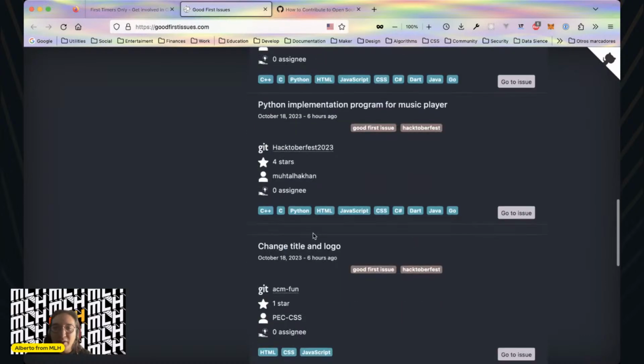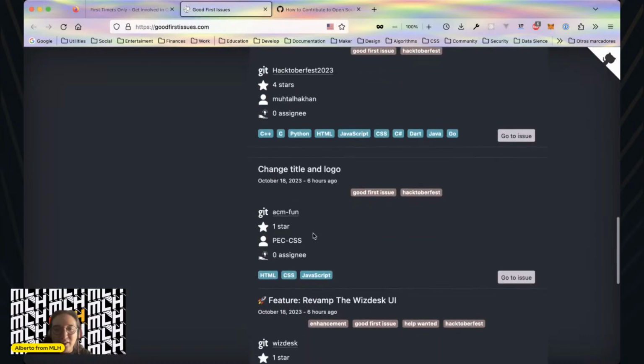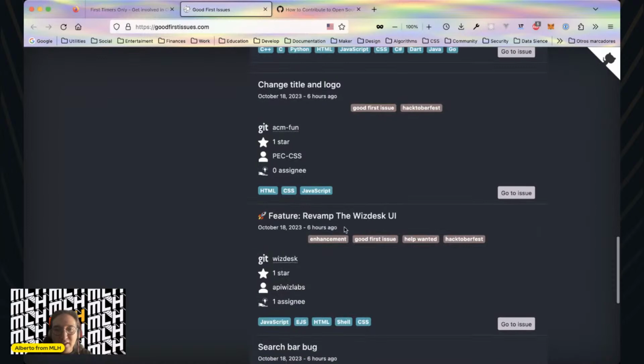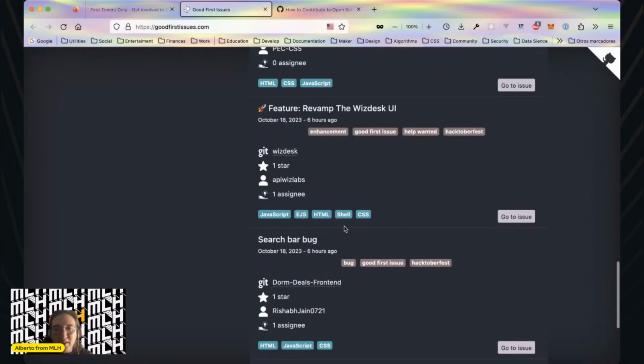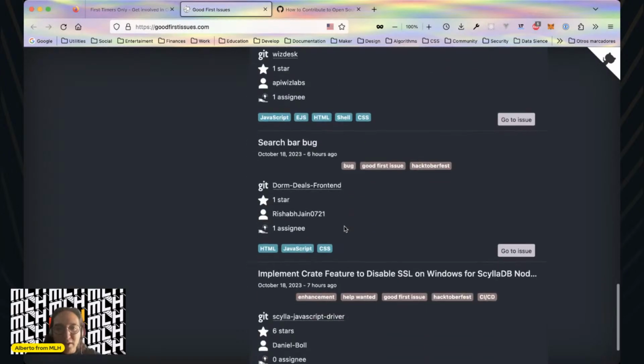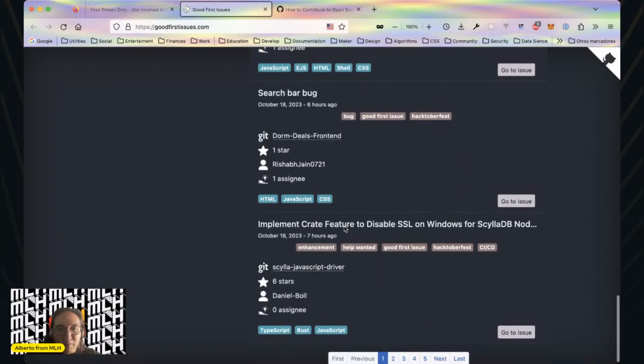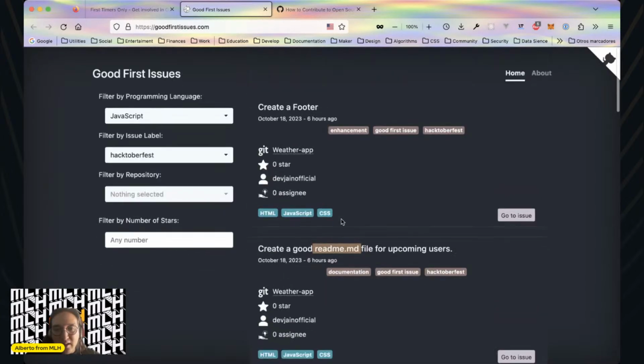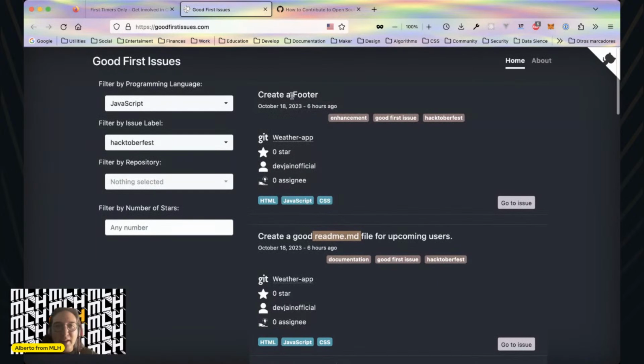Okay, change title and logo, revamp, search, workbook, implement, create. Okay, let's choose this one: create a footer.